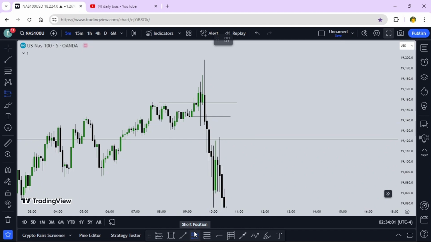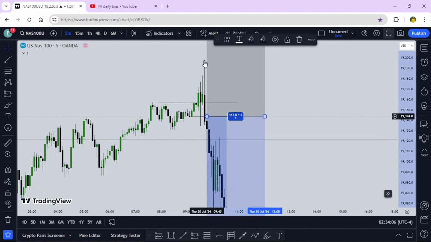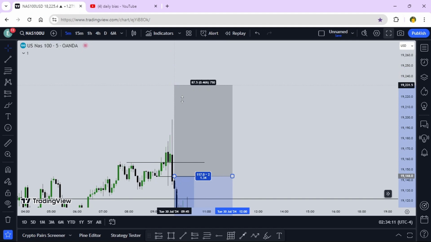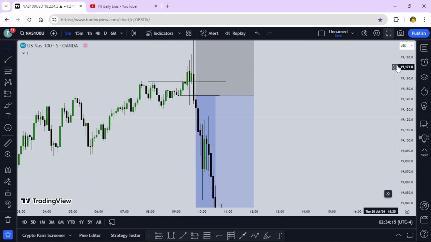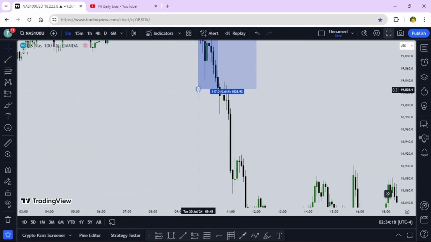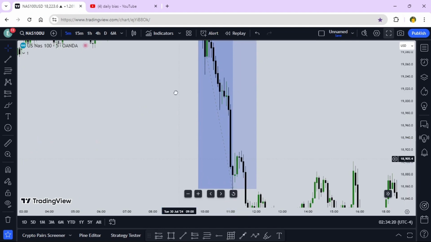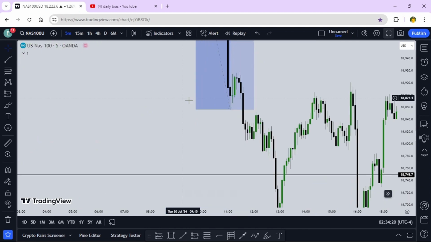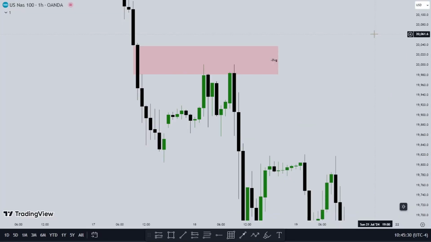I took my sell right here when the market came to retest this order block, and my stop loss was at this high. My target was that opposing liquidity down there. Do you remember the liquidity I marked on the 1 hour? So moving on to the second example, as you can see right here, when 9 o'clock opened, we were already